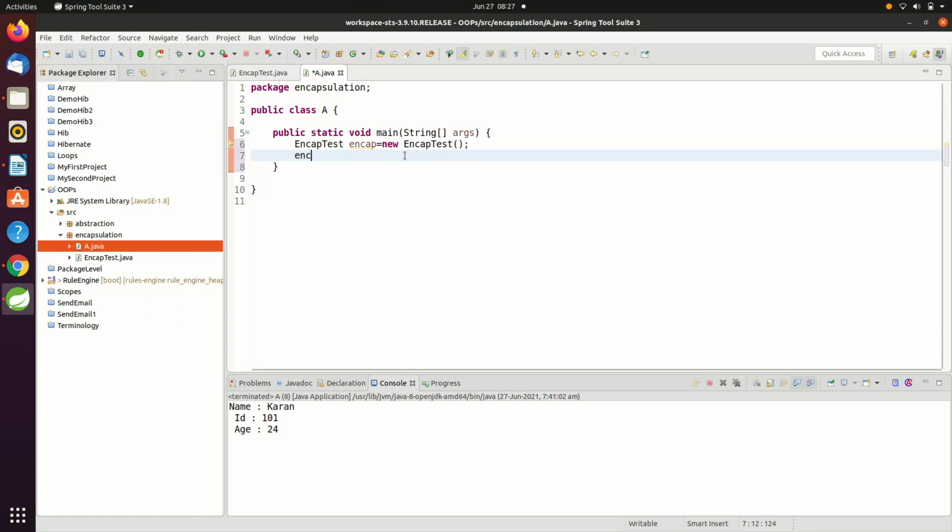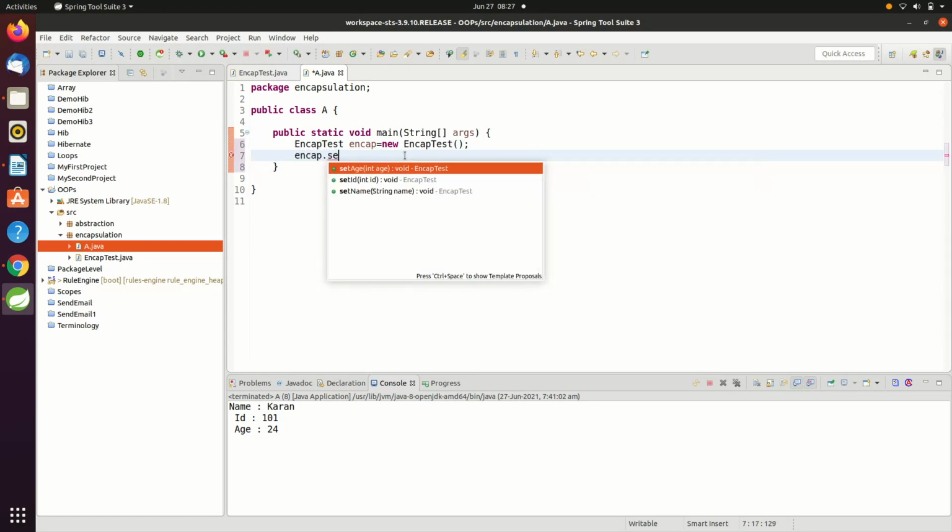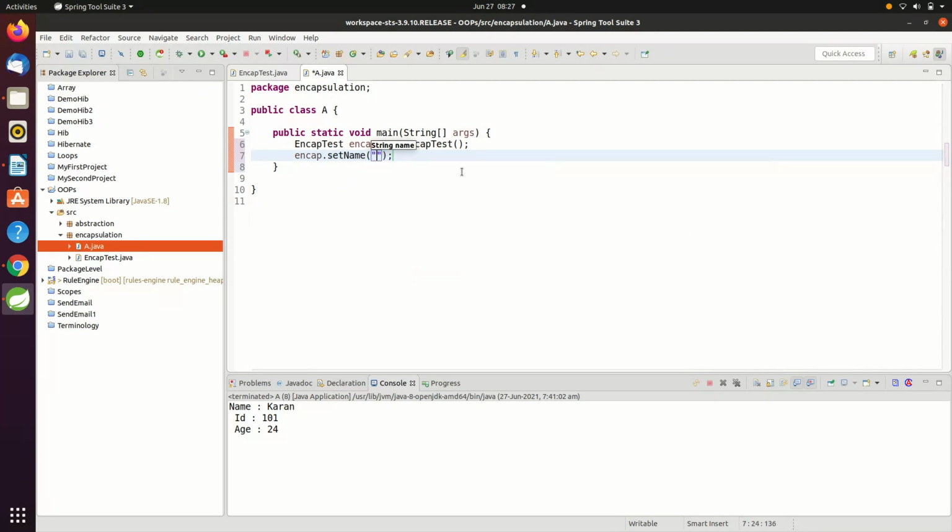Now I will set using the reference encap. First of all, I'll set the name. Name is of string type, hence in double quotes I will give name as Karan.